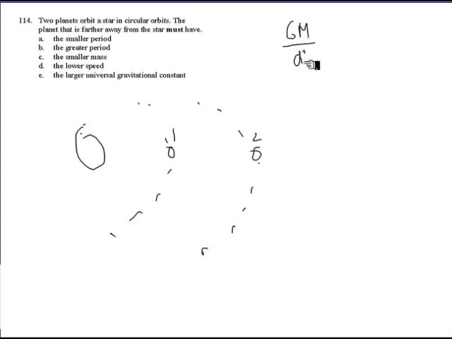So two planets orbit a star in circular orbits. The planet that is farther away from the star. Okay, so let's think about this. Here's our sun. Here's planet 1. Here's planet 2. We don't actually know how much farther. It's not necessarily double or anything like that. But we just know they're orbiting in circles, and planet 2 is farther out. So if you really want to think about it, you have to think about it in terms of this. GM over d squared equals g, and then a, you can either think about it as v squared over r, and